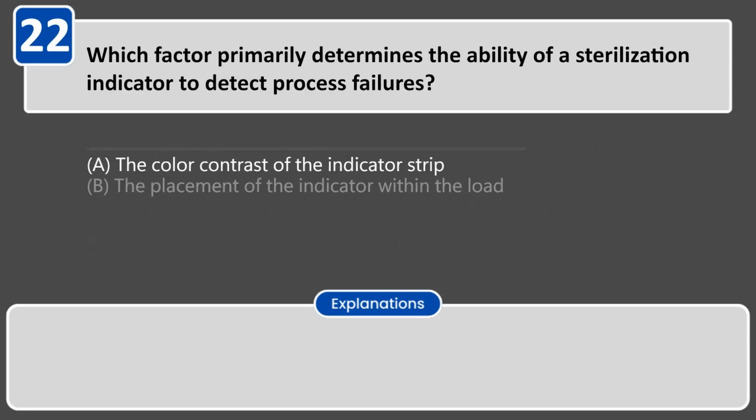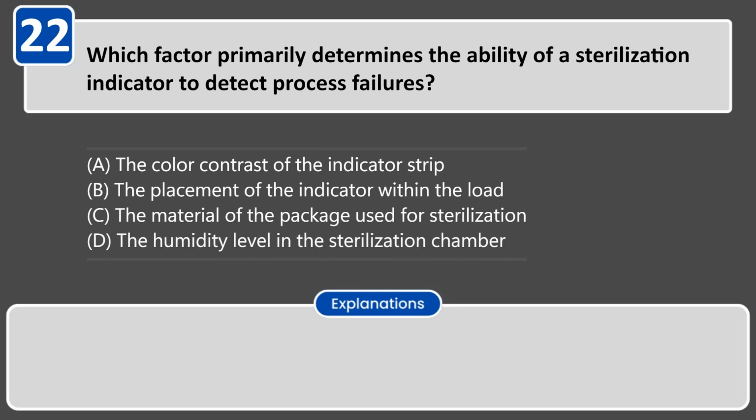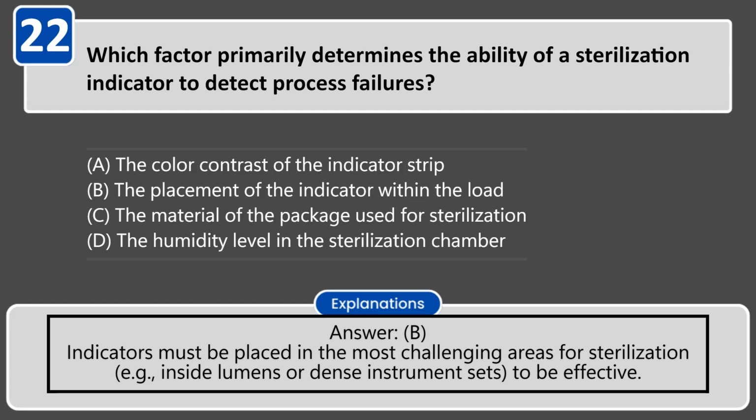Which factor primarily determines the ability of a sterilization indicator to detect process failures? A. The color contrast of the indicator strip. B. The placement of the indicator within the load. C. The material of the package used for sterilization. D. The humidity level in the sterilization chamber. Answer B. Indicators must be placed in the most challenging areas for sterilization, e.g., inside lumens or dense instrument sets,